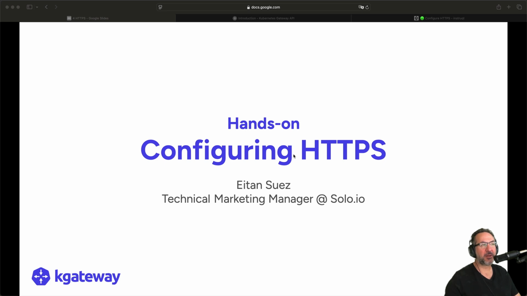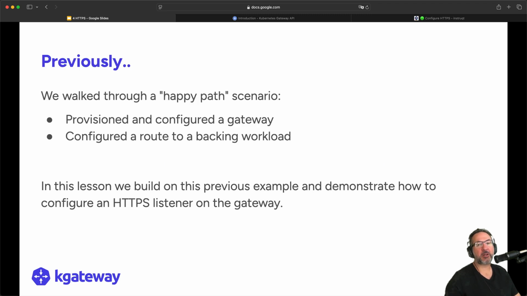In this lesson, we demonstrate configuring HTTPS using the Kubernetes Gateway API. If you recall from the previous lesson, we walked through a sort of canonical example of provisioning a gateway, programming it, and configuring a route to a backing workload, which was a sample application known as httpbin. In this lesson, we build on that example, and we start from where we left off, but we reconfigure things